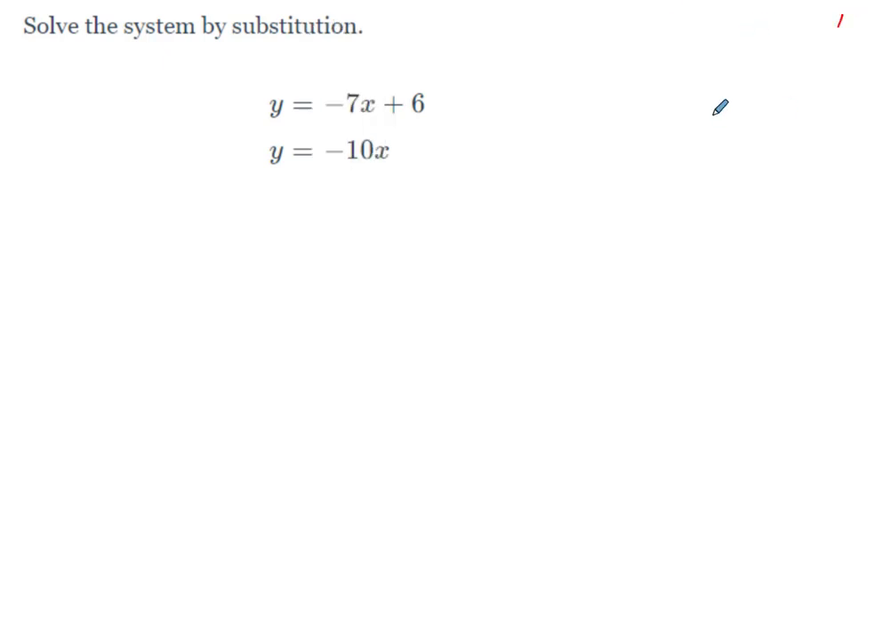Solve the system by substitution. I have y isolated in the first equation and y isolated in the second one. I'm going to start with y equals negative 10x just because it looks a little bit easier. So since y is equal to negative 10x, I'm going to take negative 10x and substitute it